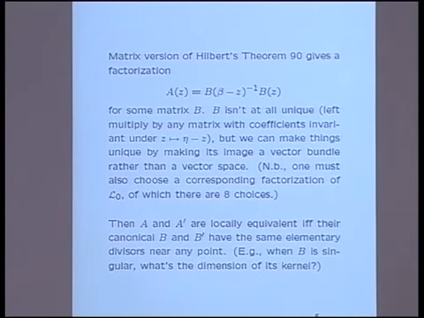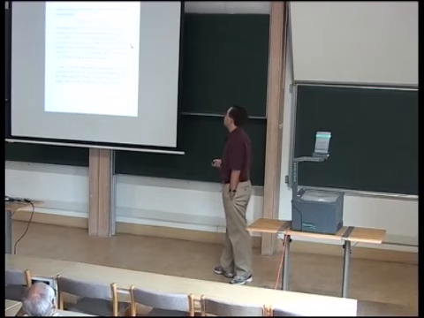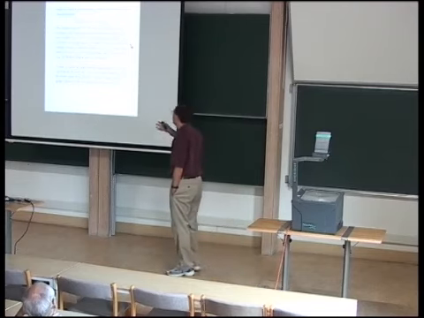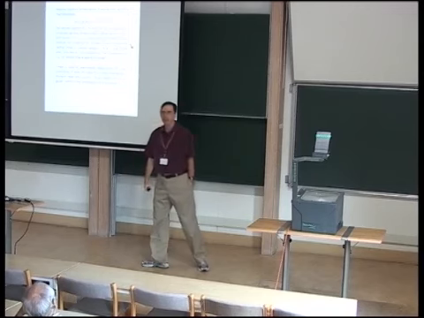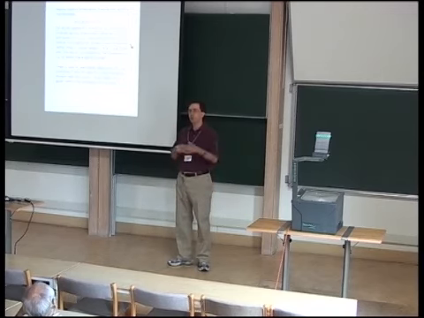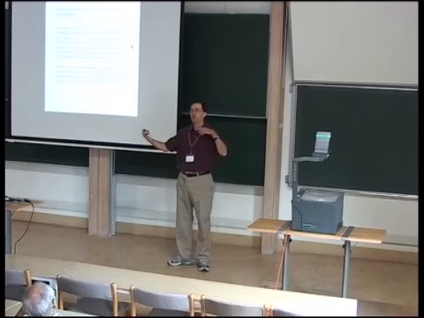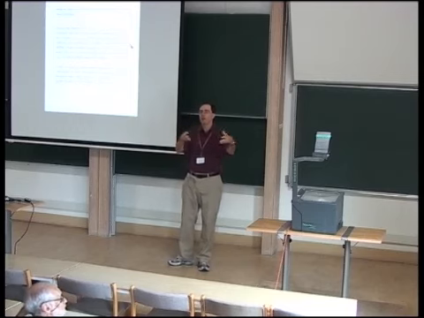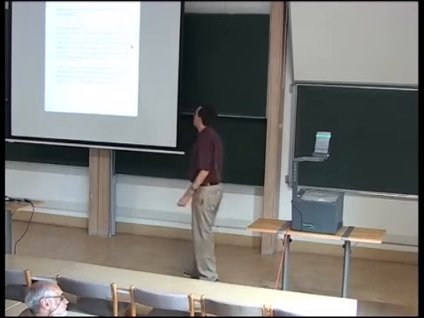There's a bit of a caveat here. We have this degree 0 line bundle, and you need to factor it as a corresponding ratio of line bundles. There are actually 8 different ways of doing that, up to invariant line bundles, so you have to make a choice there. Again, this corresponds to the fact that over a line bundle, there is no 1 and no minus 1. So you have to decide which thing should play the role of 1, and then everything else carries over.